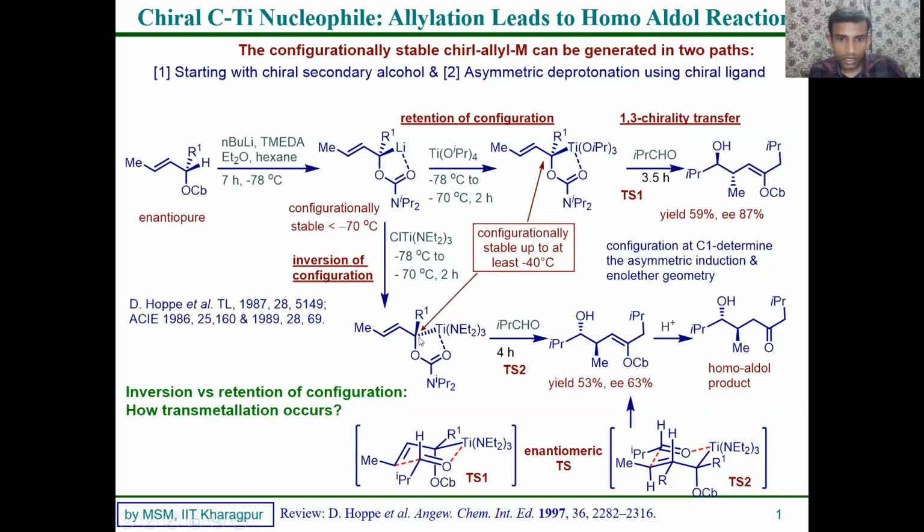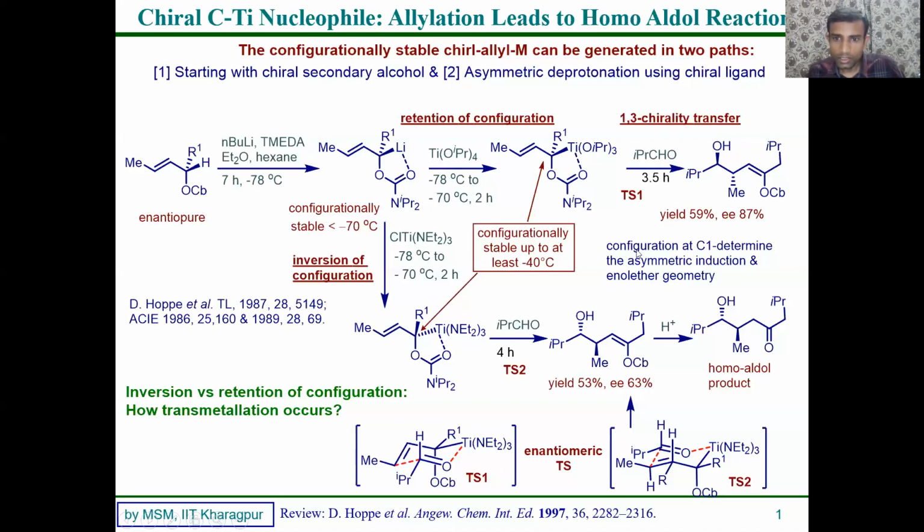So now you have this other isomer. Here the titanium is at the top, and here it is down. So obviously, if you react with the same aldehyde, you get the opposite enantiomer. Here it is methyl up, sorry, methyl down, OH up, and here methyl is up, OH is down. So you get the opposite enantiomer.